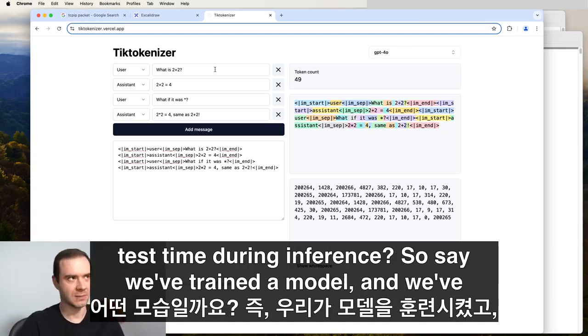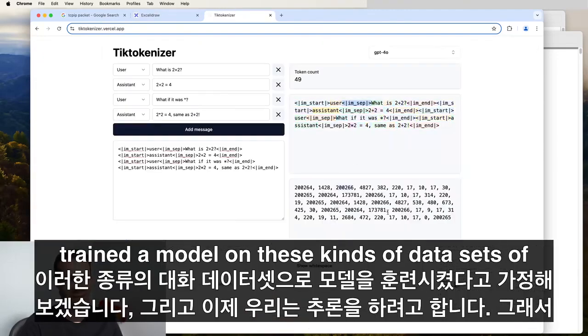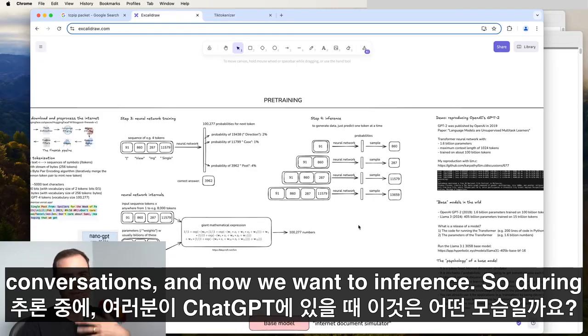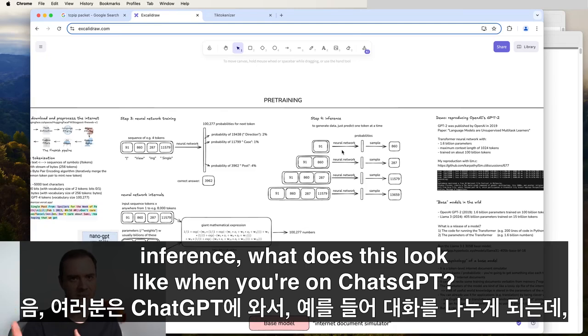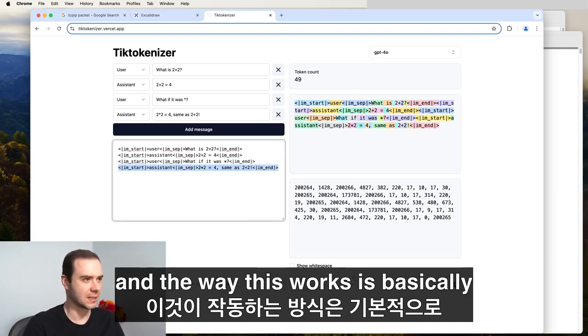And then what does it look like at test time during inference? So say we've trained a model on these kinds of data sets of conversations, and now we want to run inference. During inference, what does this look like when you're on ChatGPT? Well, you come to ChatGPT and you have, say, a dialogue with it. And the way this works is basically,